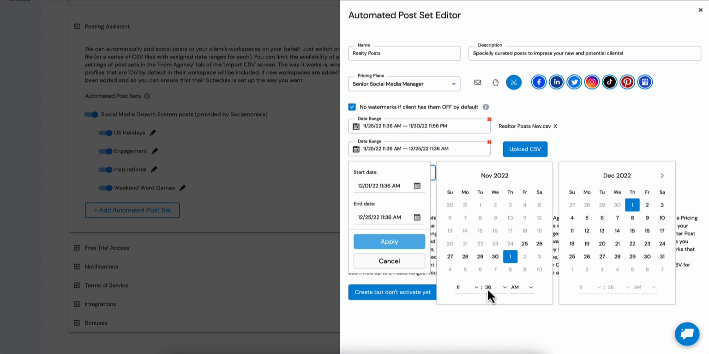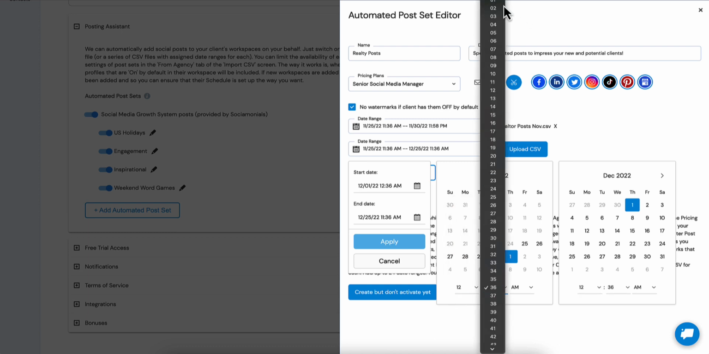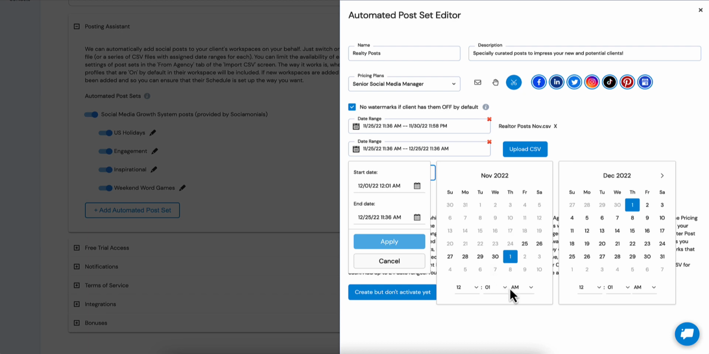And so I'd probably want to do, first thing in the morning. So I guess we would do like 12:01 a.m. So first thing, December 1st. Okay. Now what I'm going to do,